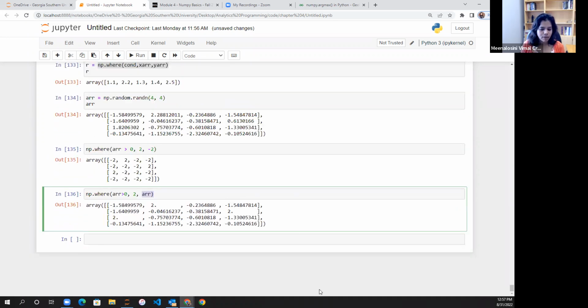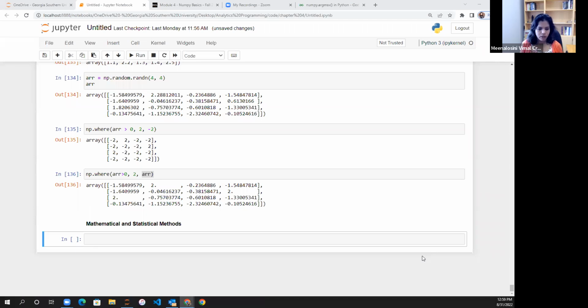Next, we are going to see some mathematical and statistical methods available in NumPy. So we're going to see a set of statistical methods available in NumPy to handle basic statistical operations. But actually, there are a lot of separate libraries particularly designed for handling statistical operations. That is kind of advanced. We may not cover it in this course, but we are going to see some basic statistical methods available in